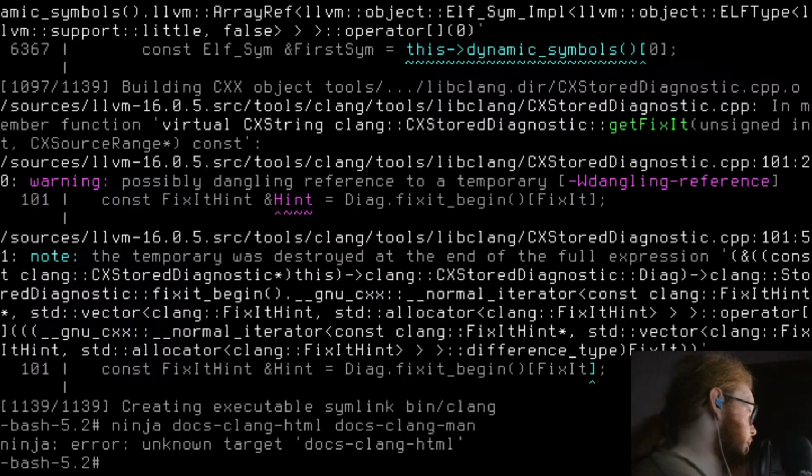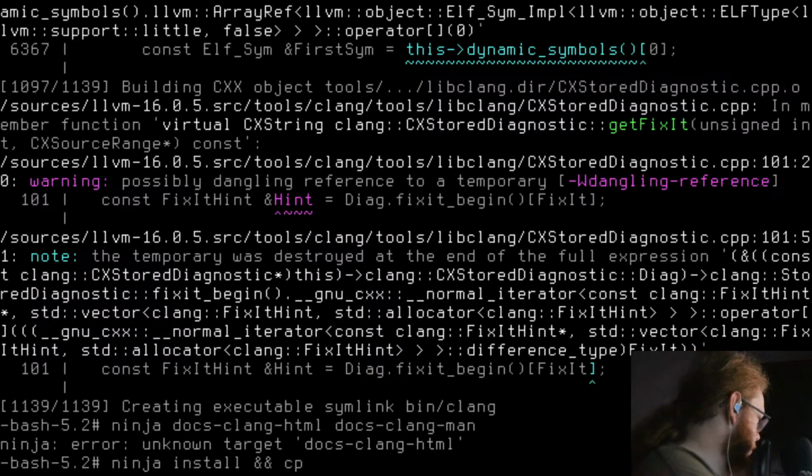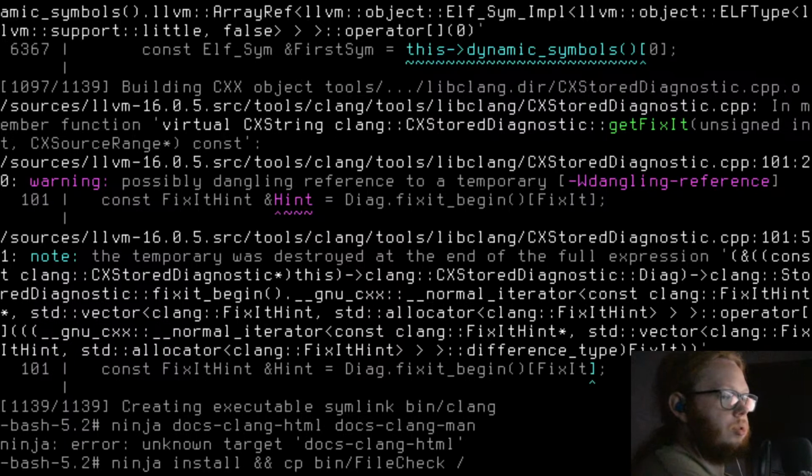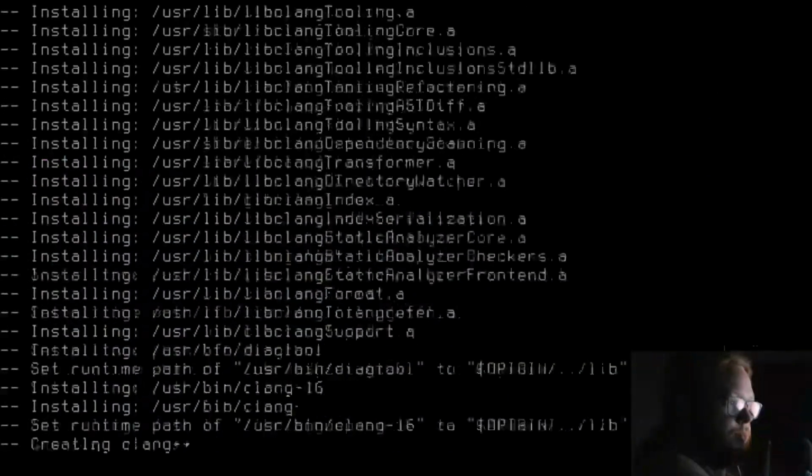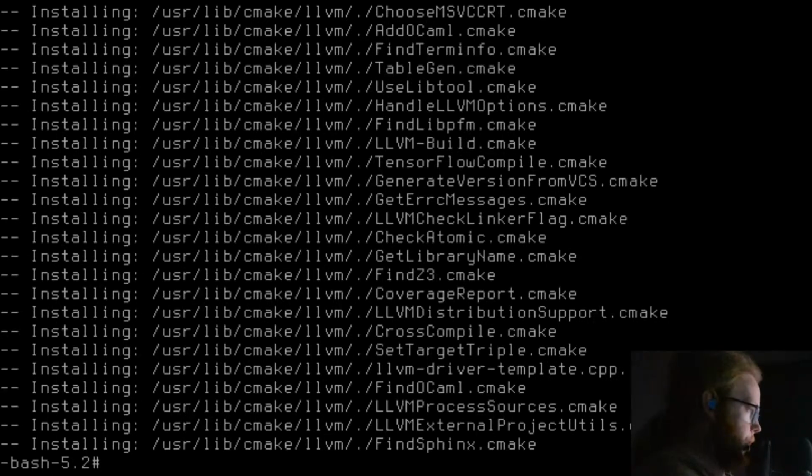We are not running those bloody tests. So, ninja install and copy bin/FileCheck to /usr/bin. Okay. We have not built any documentation. We're going to leave that alone.